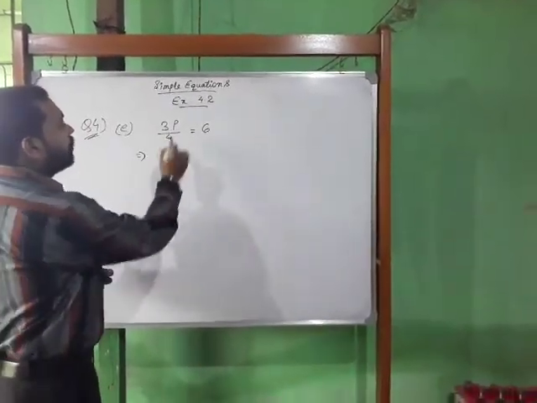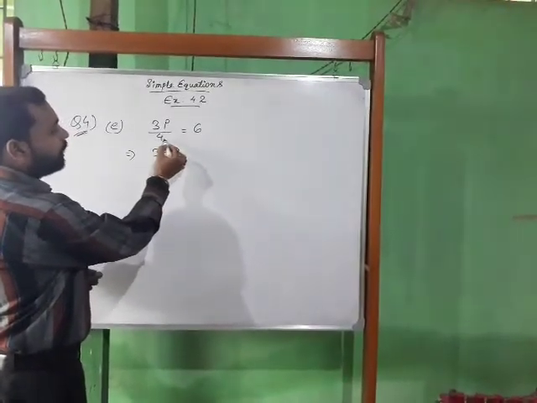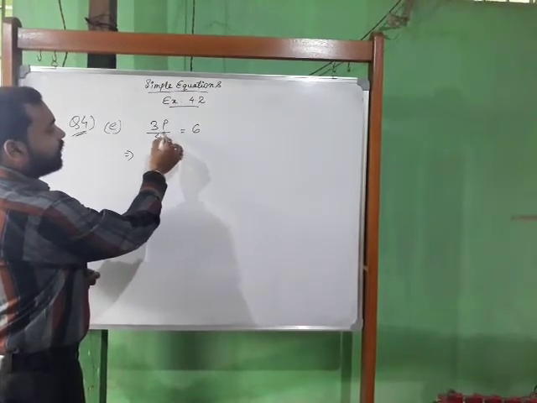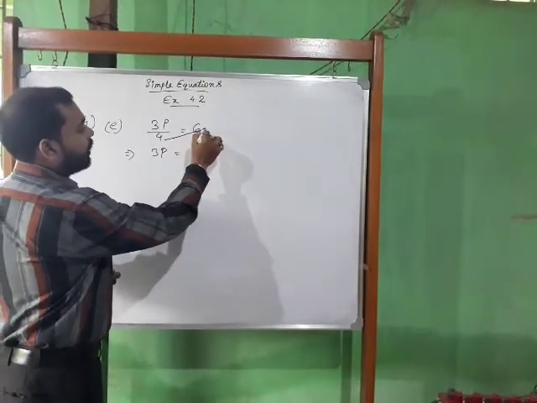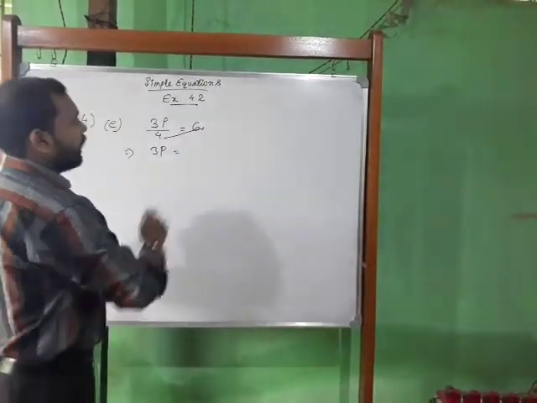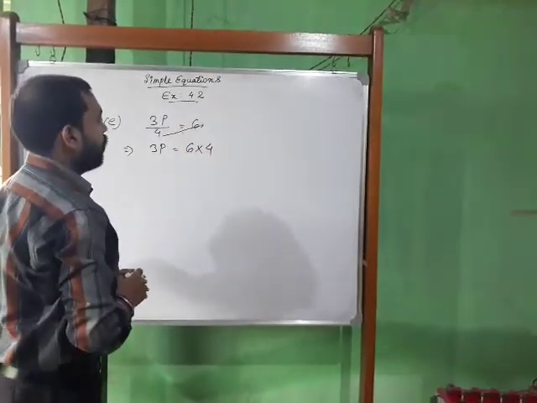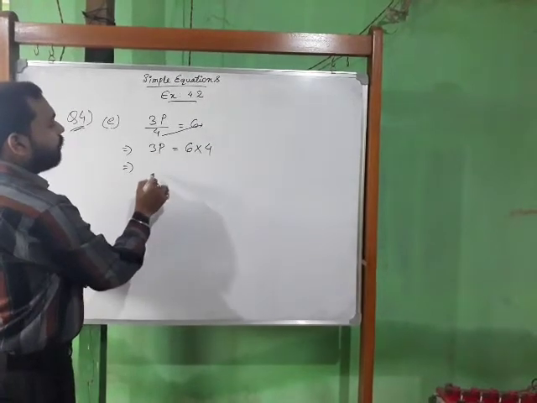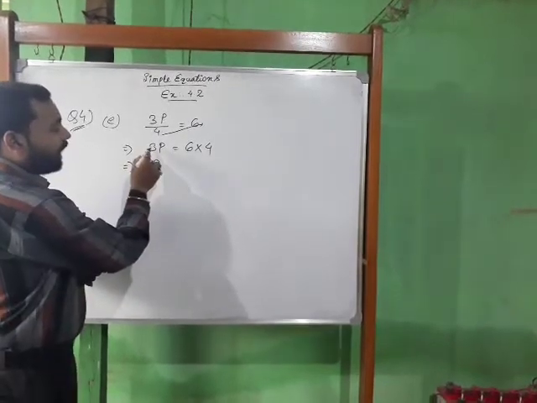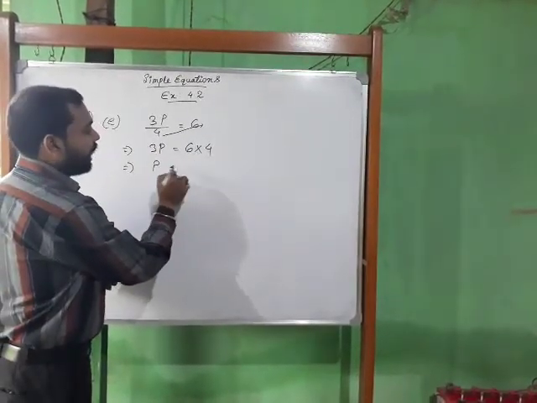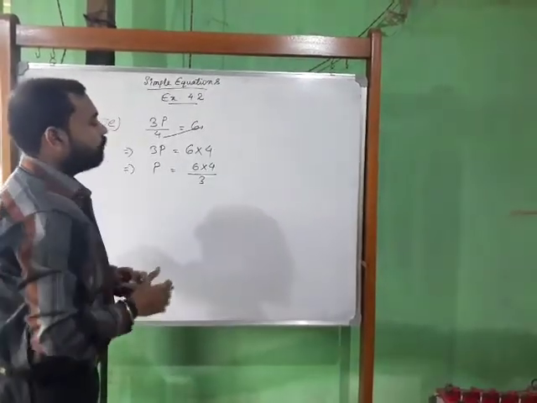So what we can do, we can write this as like this, 3p equal to, now you see this 4 is at the denominator, okay, and it is in divide form. So if it goes here, on the right hand side it will become multiply with 6. That means it will become like this, 6 into 4. Now what will be the value of this p? Now you see 3p, that means 3 is multiplied with p. So when it goes on the right hand side it will become divide. So the ultimate form will be like this, 6 into 4 by 3.